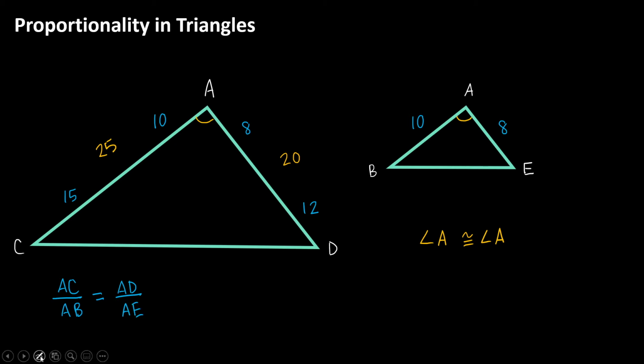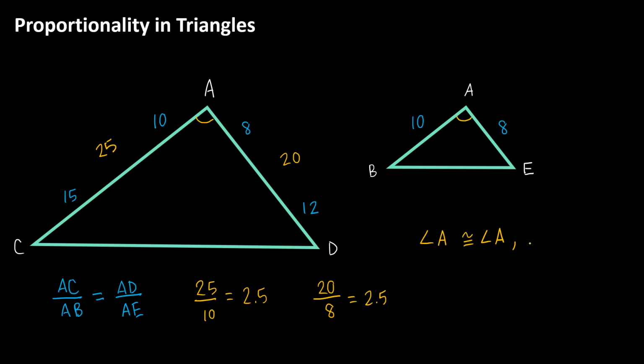So let's fill that in here. We know that AC is 25, and we know AB is 10. So if you divide that, you would get 2.5. AD to AE, so AD is 20, and AE is 8. If you divide 20 by 8, you're also going to get 2.5. So we just proved